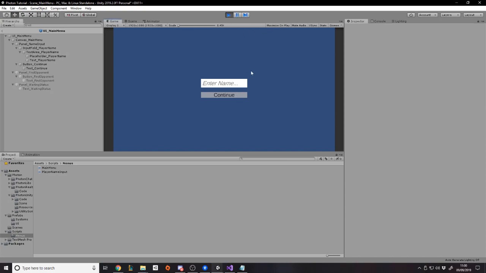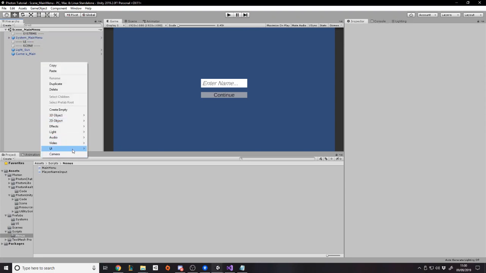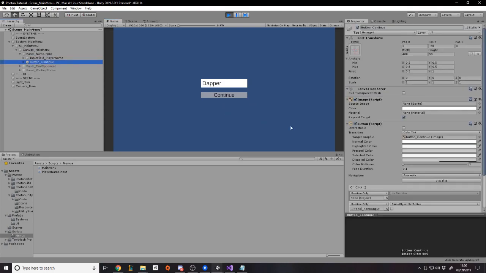So let's see. The continue button is disabled, and it doesn't load up anything because we also need an event system. So if we right click, new UI event system, and drag that in up here with the main menu, now we can actually interact with the menu. So if I click and I enter a name, Dapper, whoops, the continue button isn't active, and that is because if I go to name input, button continue,